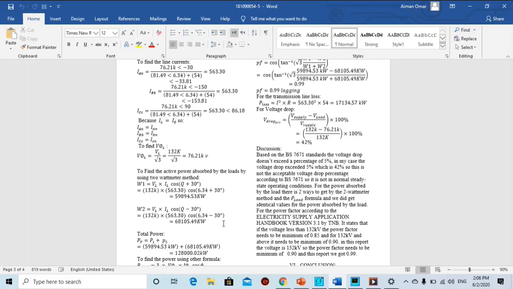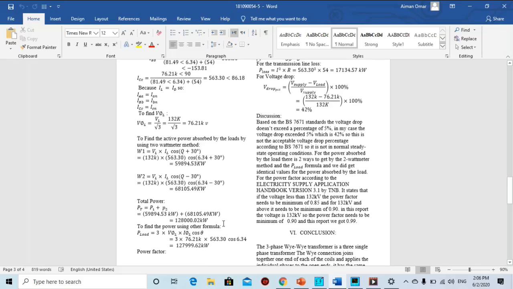So 132K multiplied by 563.30 cosine 6.34 plus 30 will equal to 894.53 kilowatt. And for W2 it's the same, we just change it from Q plus 30 to Q minus 30. So after the calculation it will equal to 68,105.49 kilowatt. So the total power using the two wattmeter method will equal to P total equals to P1 plus P2, so it will equal to